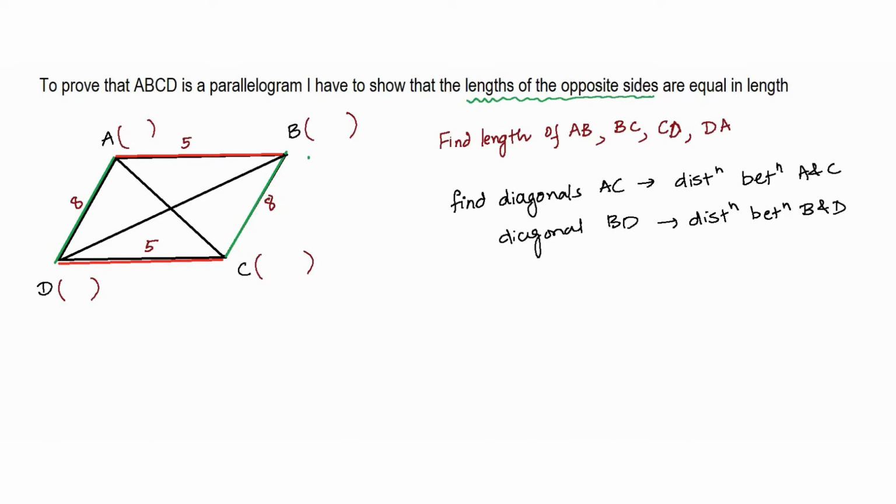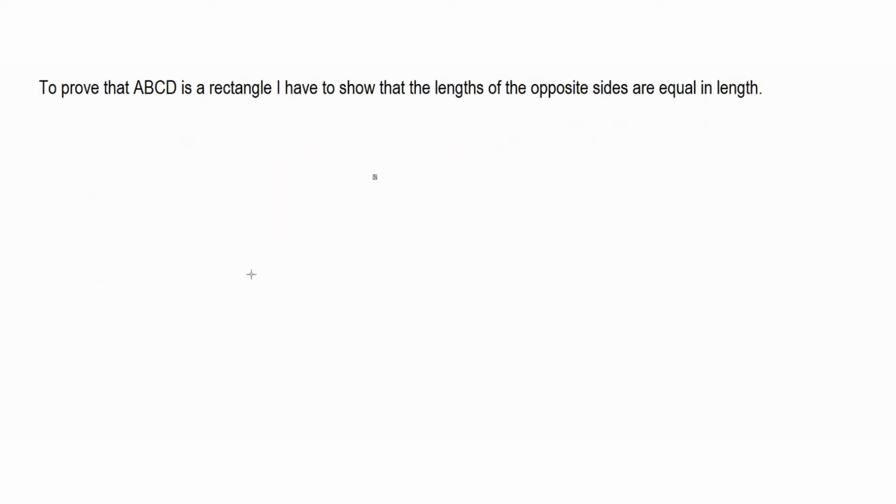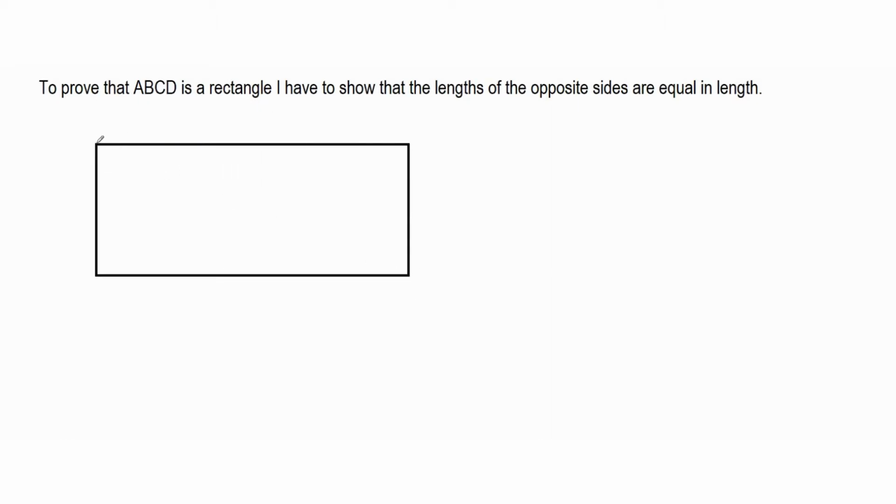Okay, let us now take up the next idea. So suppose I have 4 points given to me. I want to check whether they form a rectangle or not. So let's assume that I have 4 points. The coordinates of A are known, the coordinates of B are also known, the coordinates of C are also known, and the coordinates of D are also known, right? Now again, what I can do here is use the property that the opposite sides are equal in length, correct? So I can again find the distance AB.